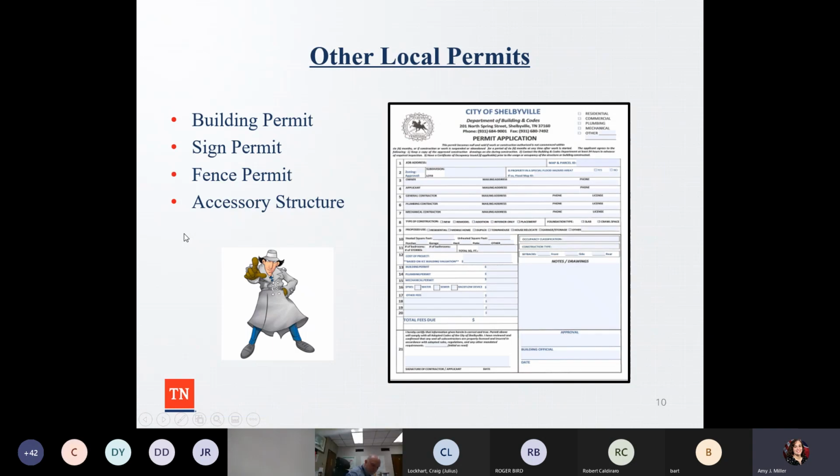There are other local permits that communities can have beyond floodplain management. Some communities have a building permit, some have a sign permit, a fence permit, or an accessory structure permit. So again, one of the things I would encourage you to do if you are a floodplain administrator and you have other offices that issue permits is to talk to one another to have a coordinated